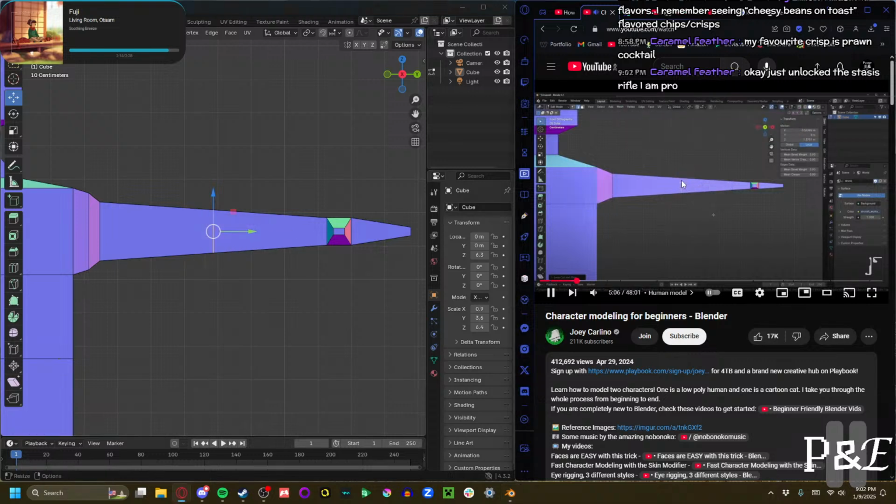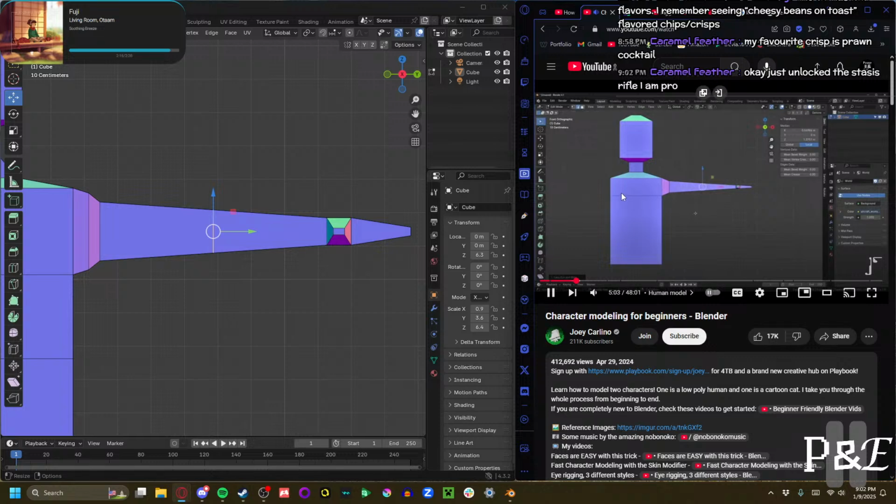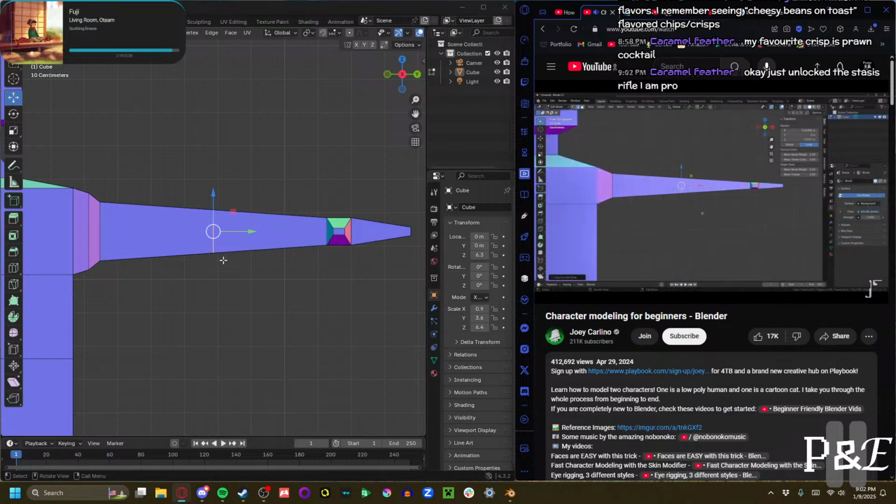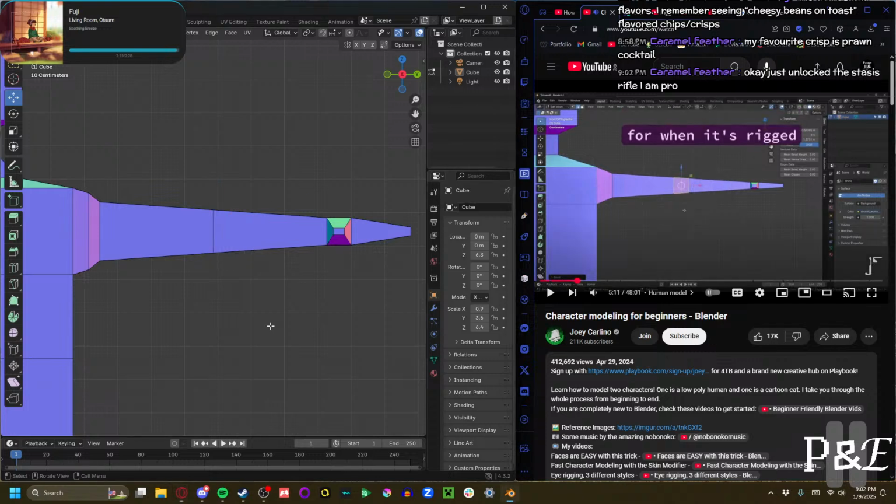Make it with Control R. We can add one right in the middle with right click. Now I'll bevel this with Control B and use the scroll wheel to add another loop in the middle right here. This will make it so the